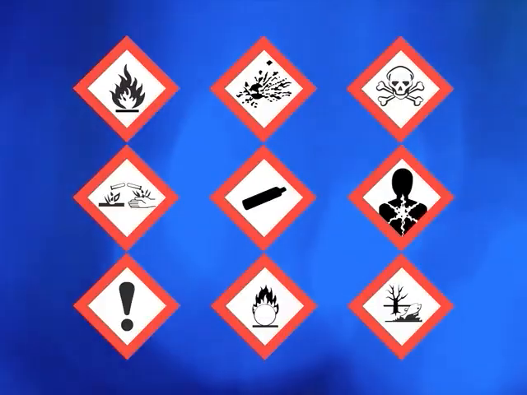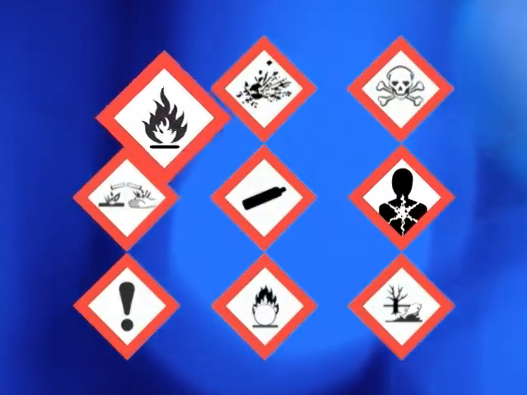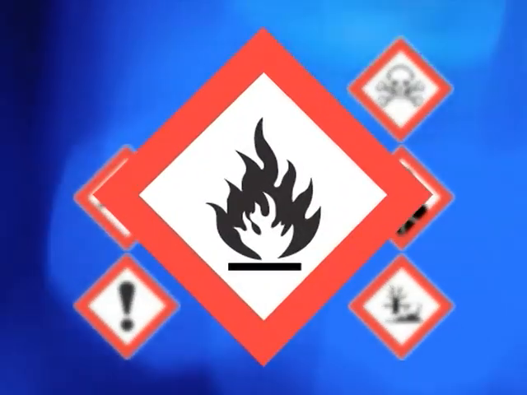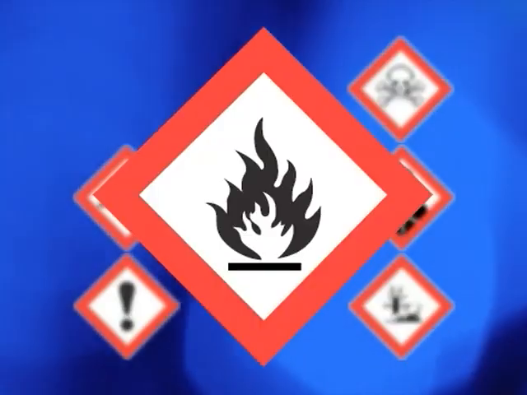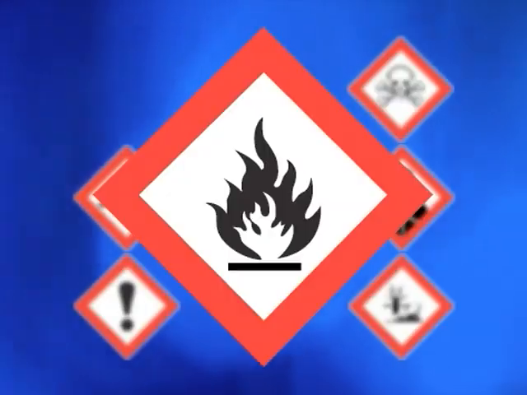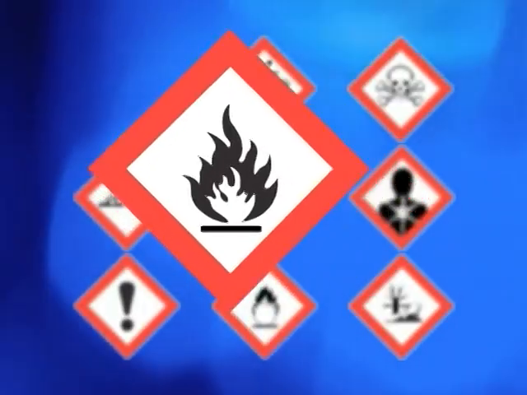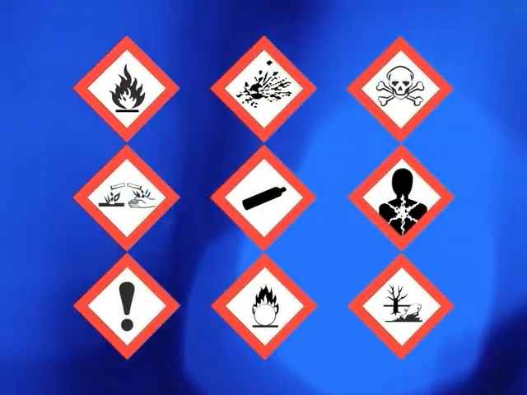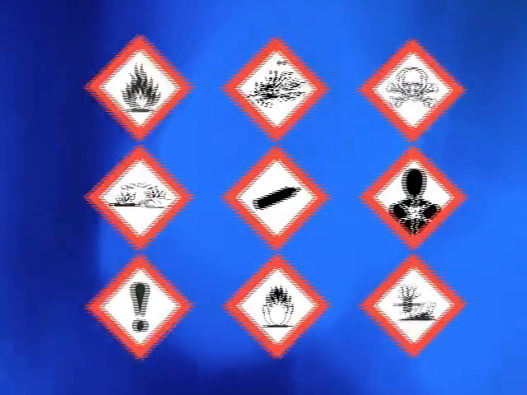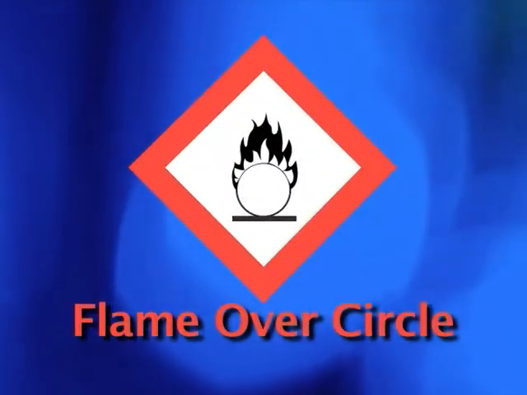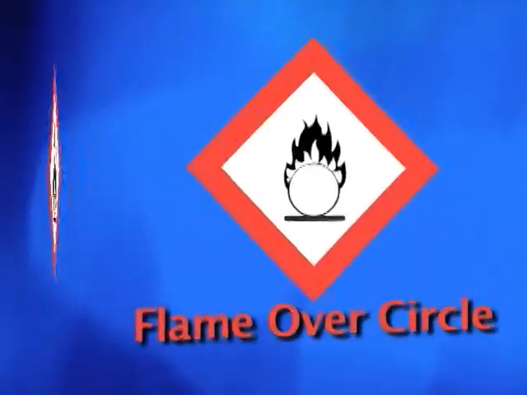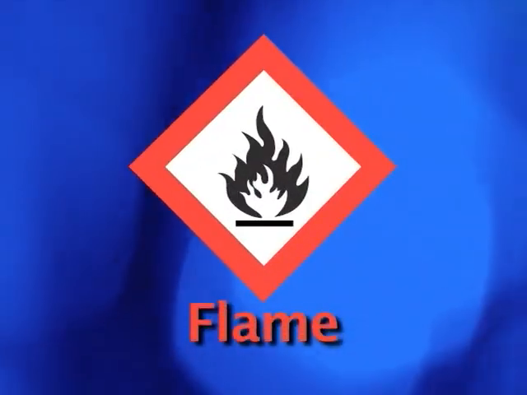a different governmental agency. Each pictogram is in the shape of a red square, set at a point, and includes a black hazard symbol on a white background, with a red frame sufficiently wide to be clearly visible. The 9 pictograms and the associated hazards are: flame over circle, used to indicate an oxidizer; flame, which is for